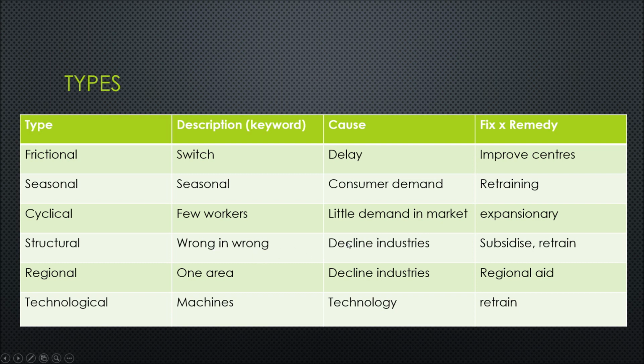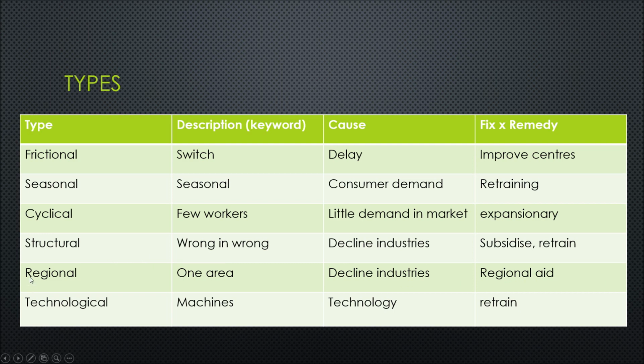So this could be because of declining industries or immobility of labor, which we will link to later on. And some fixes and remedies could be subsidized retraining, or improving mobility of labor. Regional, this is very easy. High unemployment in one area. This could be because of local concentration of declining industries. And a fix could be regional aid, such as